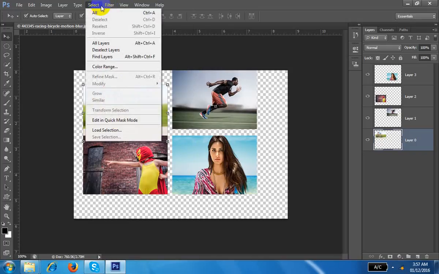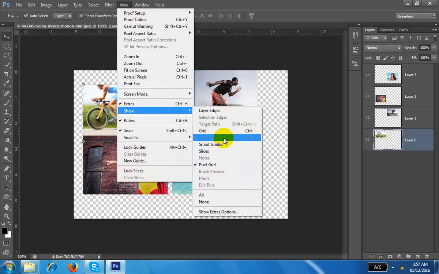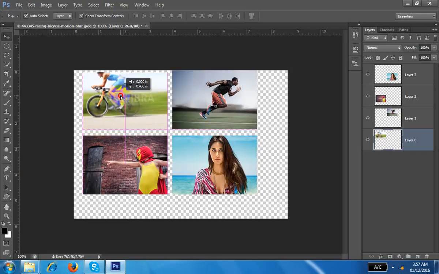Where did it go? View, always in View. So smart guides. Right now, if I want to set, it will give you this. See, one horizontal line is also there, saying that it is matching from this side. One vertical line is also there. So it is good if you work with smart guides. There is one question in the examination: they will ask you what smart guides are.